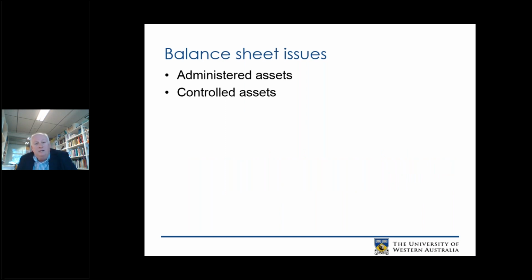The second issue or set of issues that I think are really important is being able to identify the balance of administered assets versus controlled assets. The not-for-profit sector and the public sectors are two sectors that are very different to commerce in the sense that assets can be divided between administered and controlled. You have a philanthropist provide you with a motor vehicle, and the motor vehicle might come to you with very significant mitigations about how you might be able to use it. In fact, you might not be allowed to use it for other programs, you might not be able to sell it or realise it. And therefore, on the balance sheet, you want to be able to separate administered and controlled assets. Controlled assets being those assets that you can sell or do with as you wish.